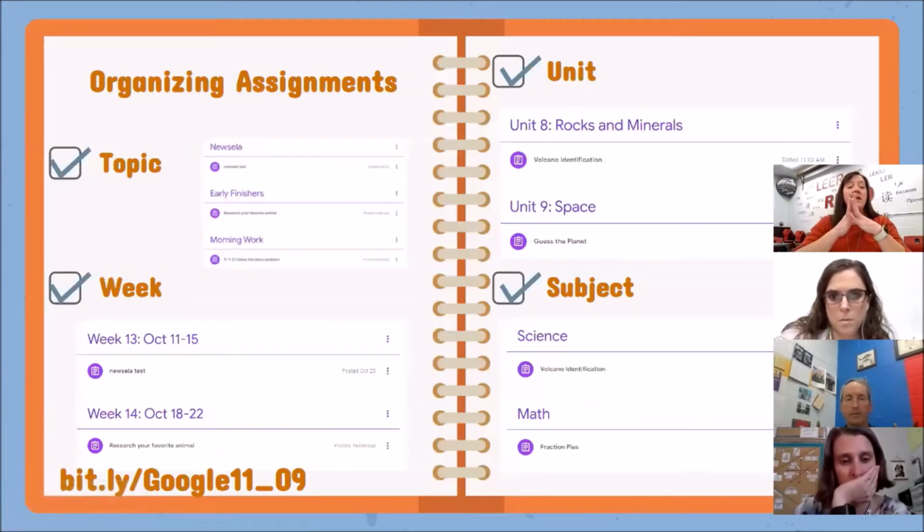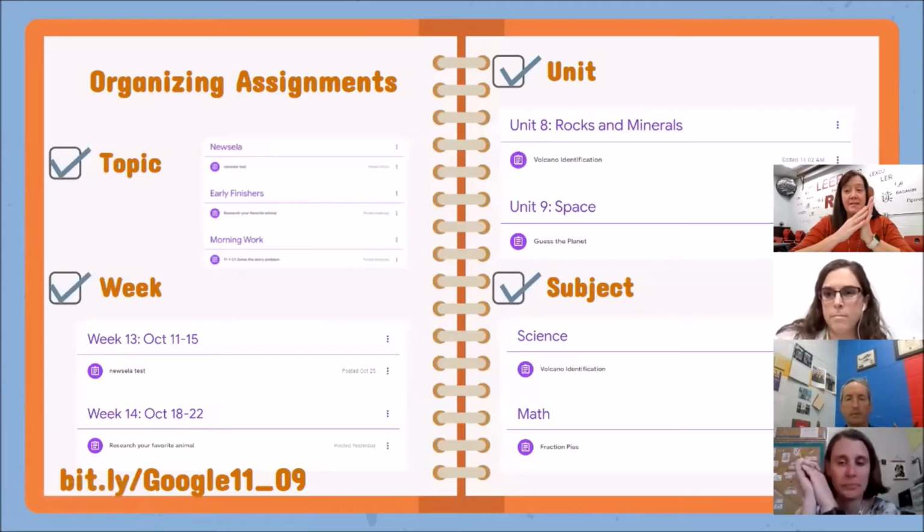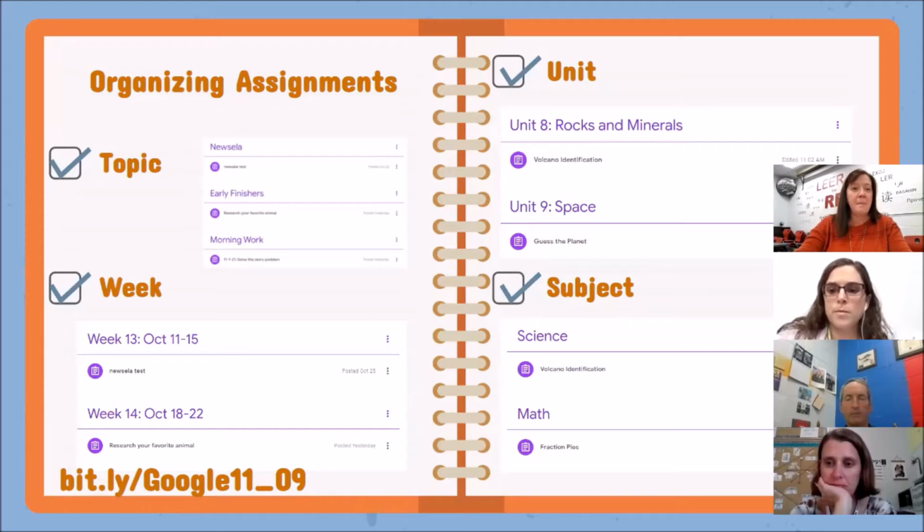So when we talk about organizing our assignments, there are many different schools of thought on the best way to organize it. But most people agree that using topics as sort of titles and containers, if you think of it that way, to hold your assignments and materials can make it much, much easier on students, particularly if they're looking to make up an assignment. It's much easier to find those things if they're under topics. So some people